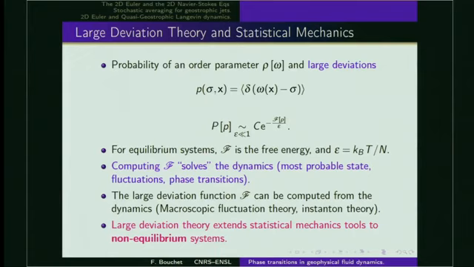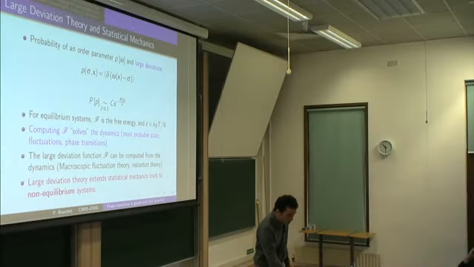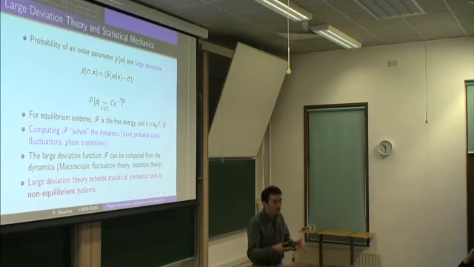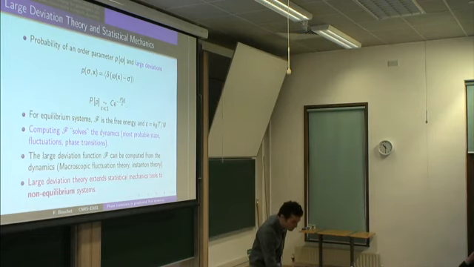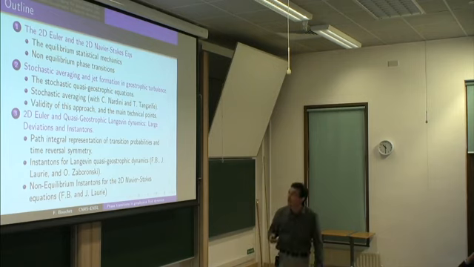So basically what we do is try to compute this large deviation using instanton theory or just coarse graining for the equilibrium case for the microcanonical measure. So the key idea is that large deviation theory extends statistical mechanics tools to non-equilibrium systems. This is a very difficult program, so we cannot expect to go far, for instance, towards climate applications doing this, but I think it is still a very important point.